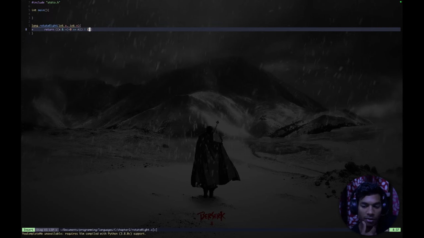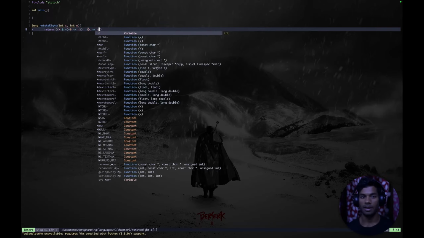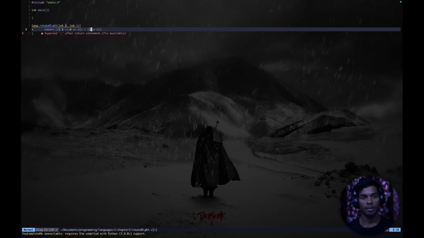Rotate right. I want to rotate it right by n bits. The first part gets me the least significant n bits, which will go to the start of n. Well, yes, of course, I can do x right shifted by n, and